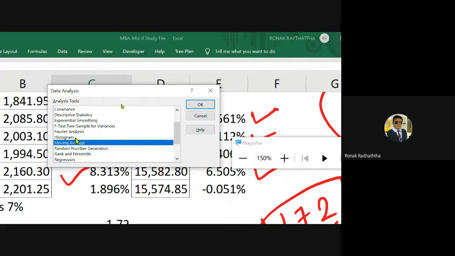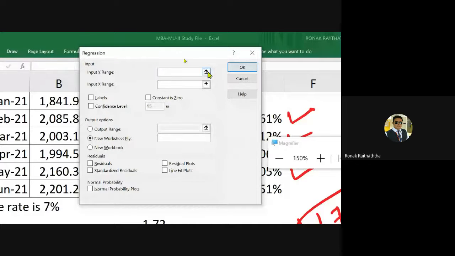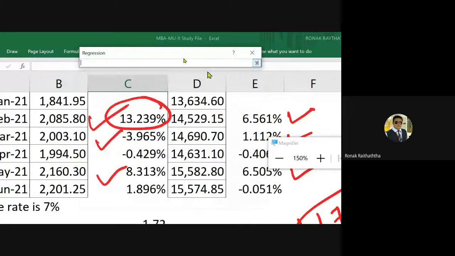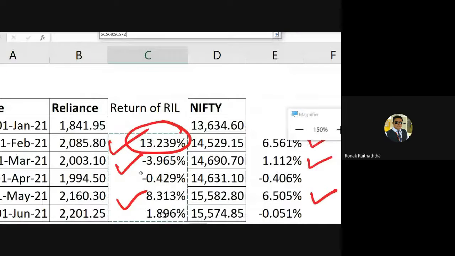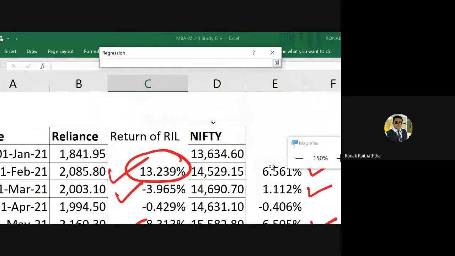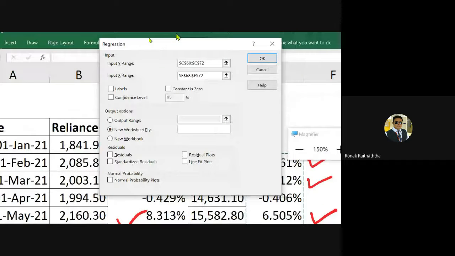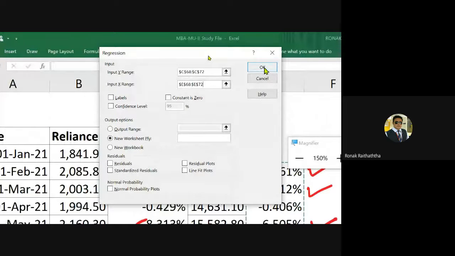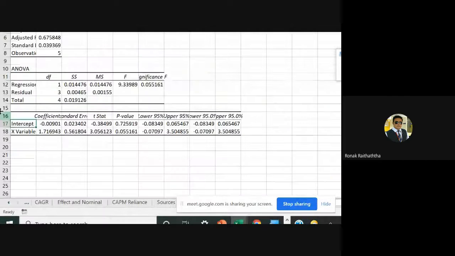So let's go to the regression there. Then pressing OK. So you get such tab. So here you'll just be pressing known Ys, so I'm clicking over here, and Ys will be my return of Reliance. So selecting all those returns, enter. Then it gives me the X range. So what will be the known X's? That will be the returns of Nifty. Selecting that. Now rest everything will remain same. Just pressing OK. Don't do anything now. Just press OK. In the next worksheet, you will get this kind of table.